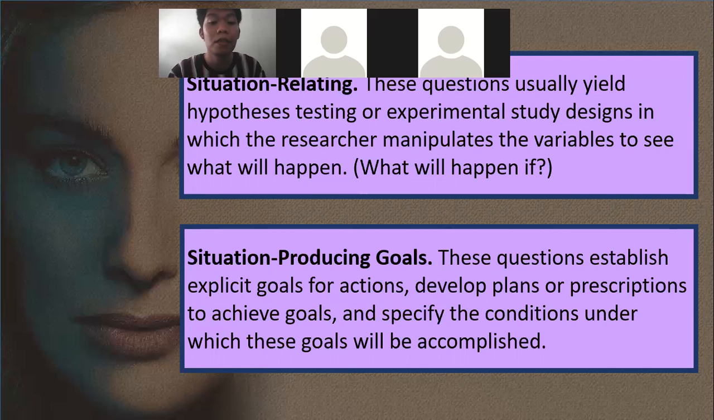Situation-producing questions ito. If you want to implement something like program or services, and if you want to determine if these programs or services are effective or rational ba siya or reasonable. In order for you to determine if they are rational, reasonable, or effective, you need to conduct a study first. Halimbawa, sa mga student services, sa program implementations,